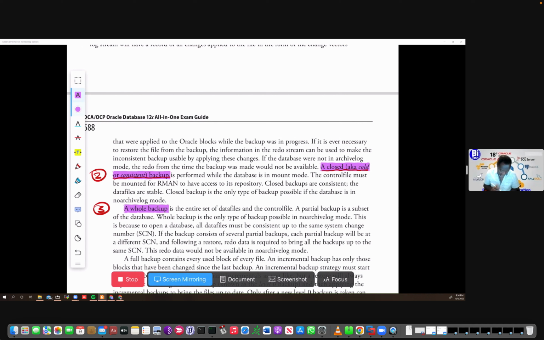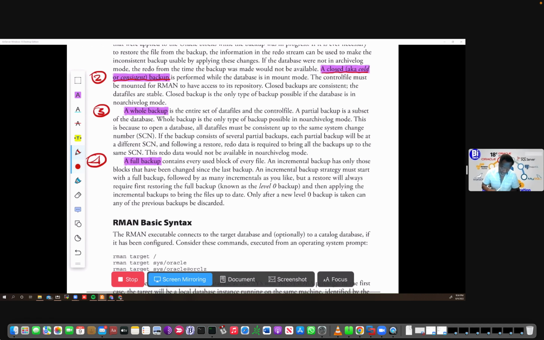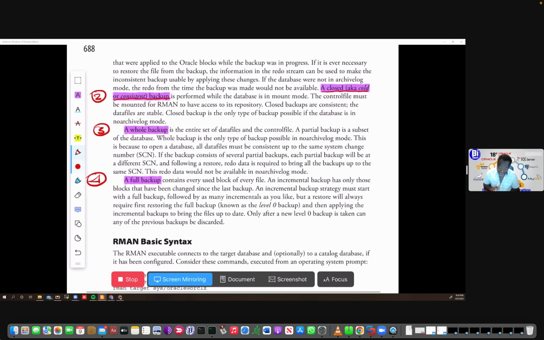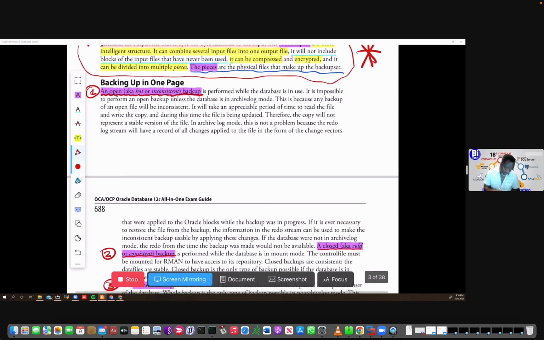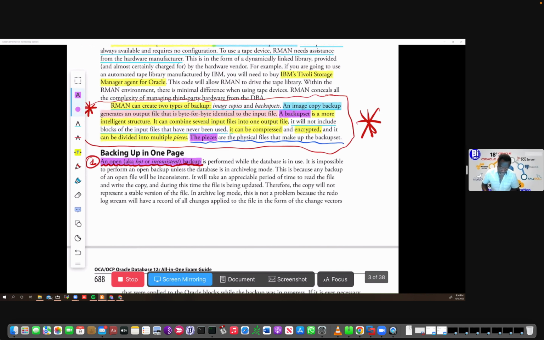And number 4 would be a full backup. So guys, if we can catch and understand these 4 things just as phrases, it's a very, very good start. And that might be all we need. So let's find out, guys, what is a